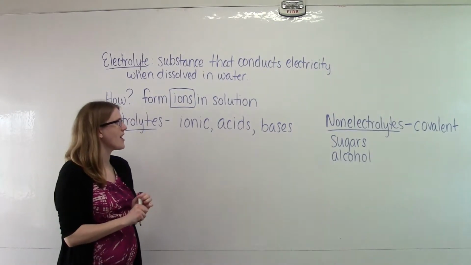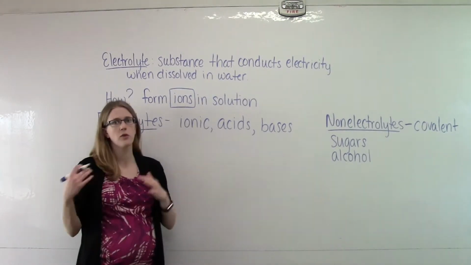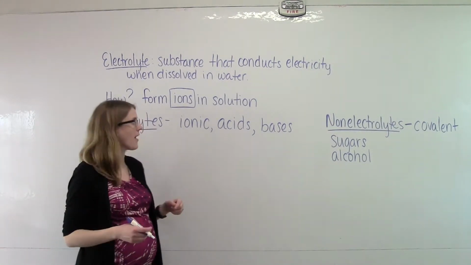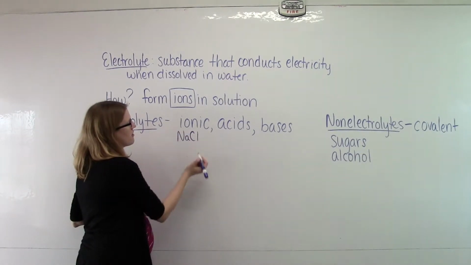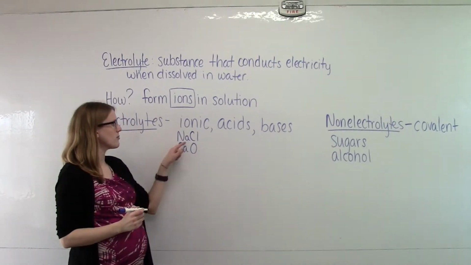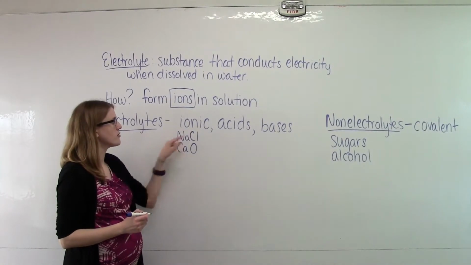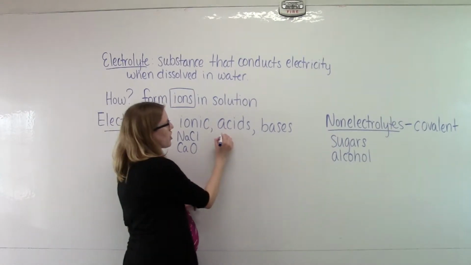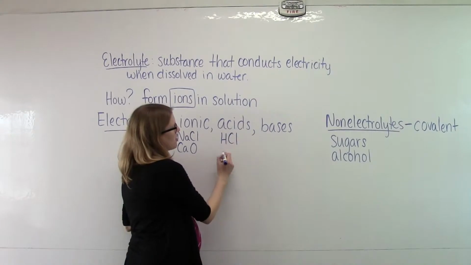Now, do you remember how ionic substances are metals with nonmetals, generally speaking? You can have polyatomic ions in there too, don't forget about that. Examples here: NaCl and CaO, sodium chloride and calcium oxide. It's a metal with a nonmetal, transferred electrons, and those two have charges. Now, acids are anything that start with H, so we've got HCl and